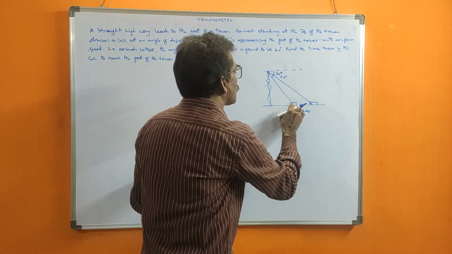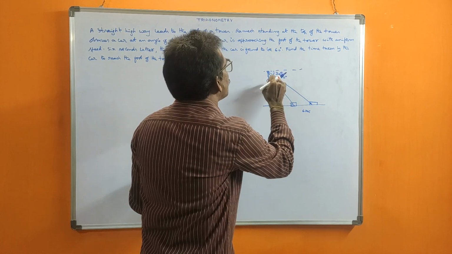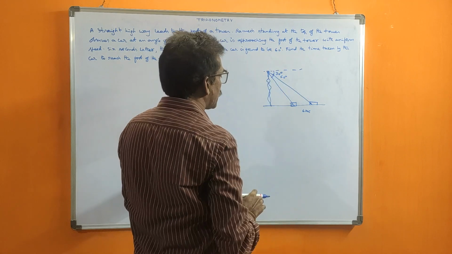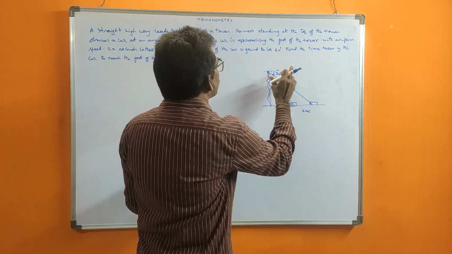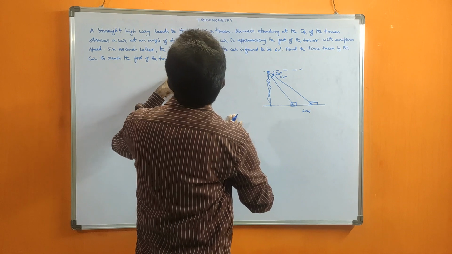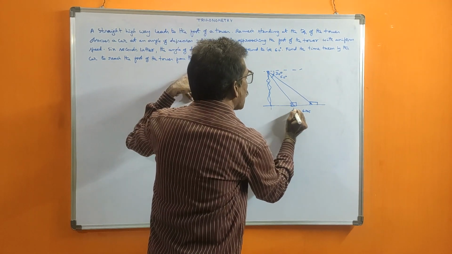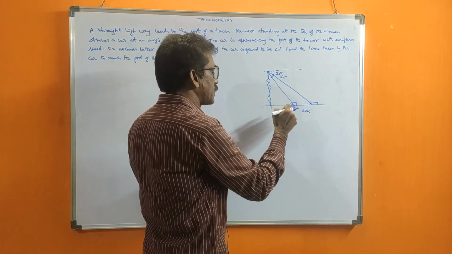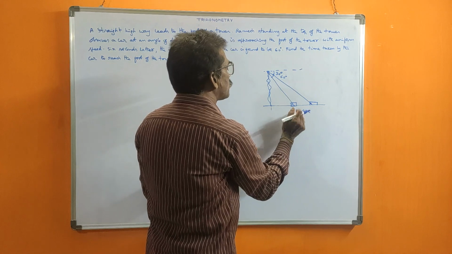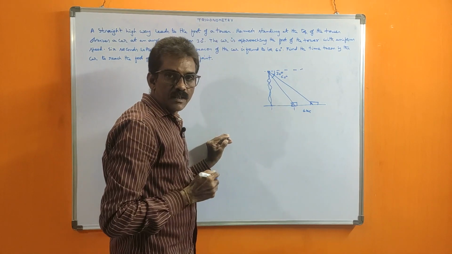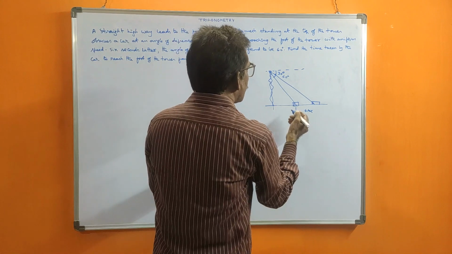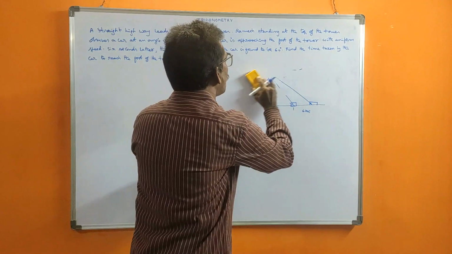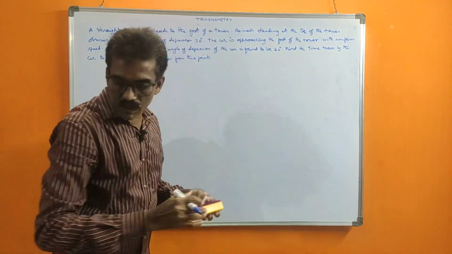With some speed only it is coming. Some distance it travelled. Angle only he observed. Angle changed from 30 degrees to 60 degrees. Based on this data, we should find the time taken to reach the foot of the tower from this point. From this point, how much time it will take to reach here. See, with the same uniform speed, here to here it took 6 seconds. Here to here, how much time it will take? That is depending upon the distance. So, that's why we should find out the distances. That is the meaning. Now, actual diagram I will draw. From that we will calculate.